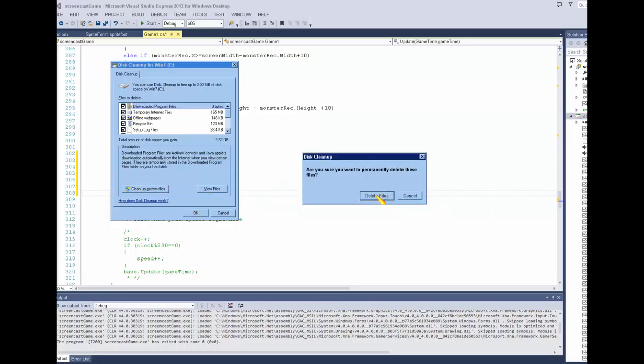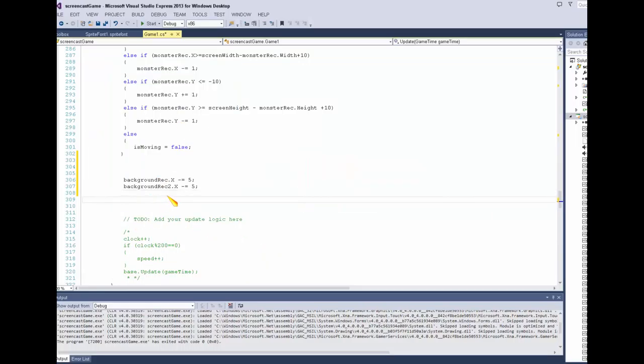What you want to do is say, when the first rectangle goes completely off the screen, I'm going to reposition it on the right edge of the screen. And then when the second one goes completely off the screen, I'm going to reposition it on the right end of the screen. So I'm going to need two if statements. So I'm going to say if background rec.x is less than or equal to 0,